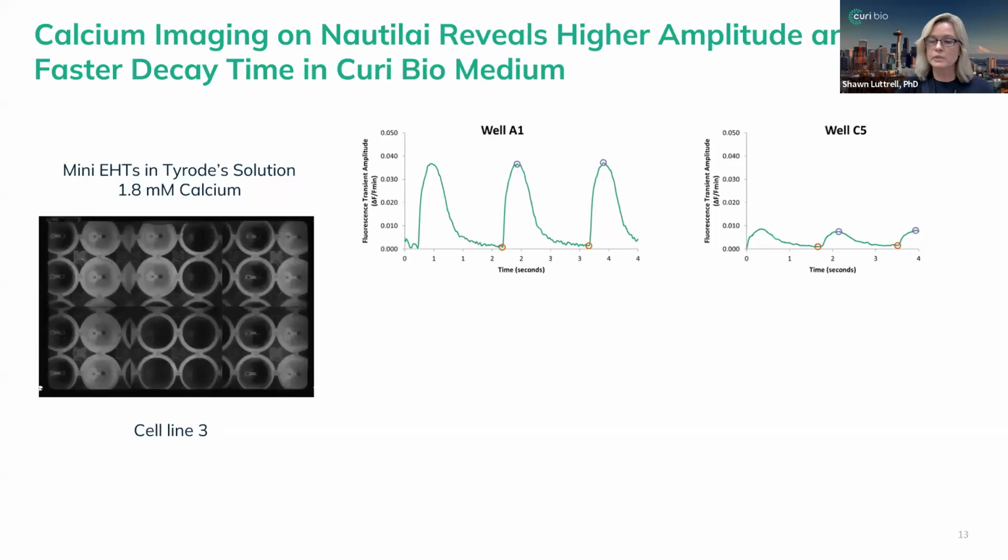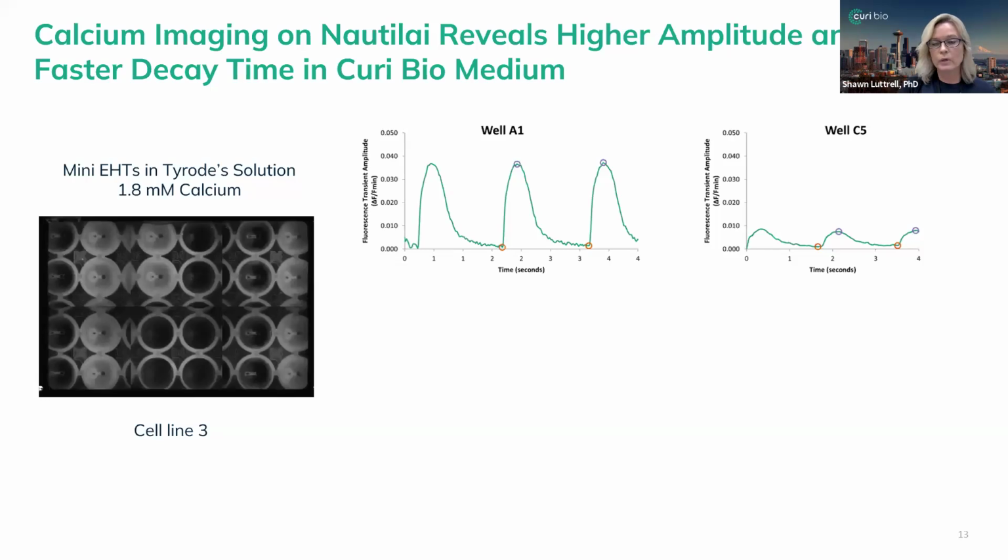when we look at the representative traces from these wells. So we have in well A1, a representative trace from Curi Bio medium tissues. And then in well C5, we're showing you a trace from the RPMI tissues. And it's really quite obvious. You can tell just by looking at these waveforms, there's a big difference in calcium movement, both in amplitude and duration. Looking at the change in fluorescence over the minimum